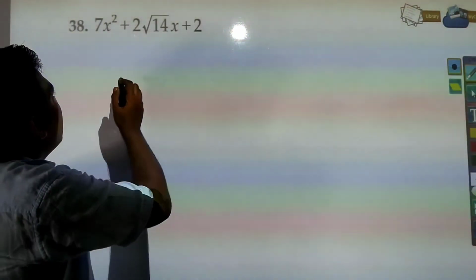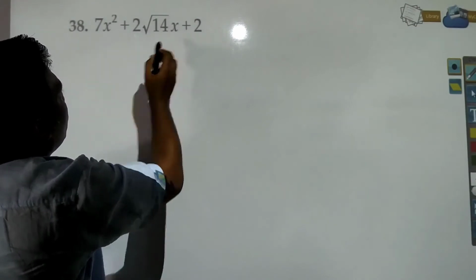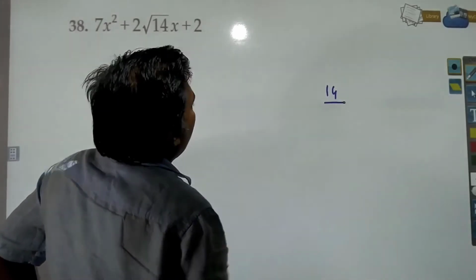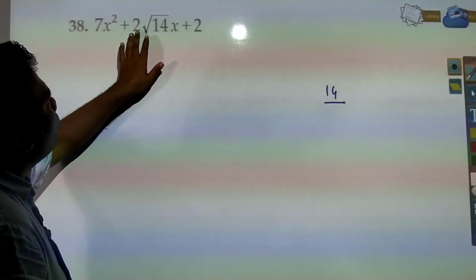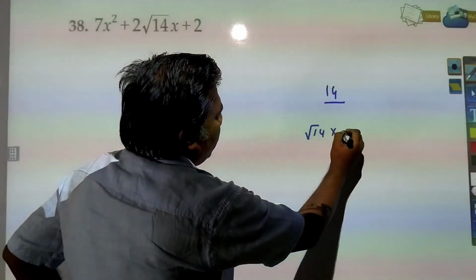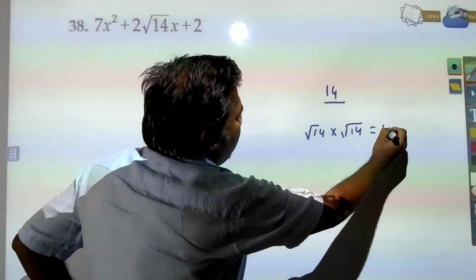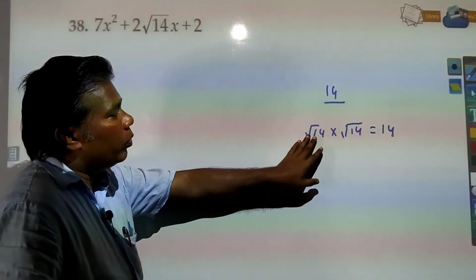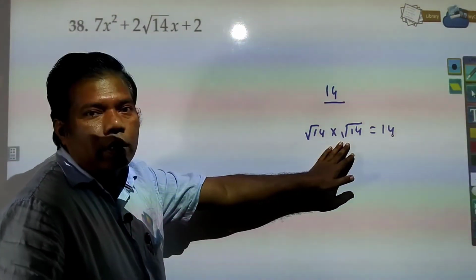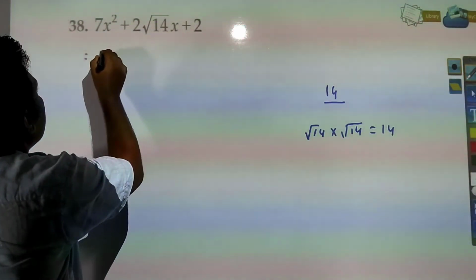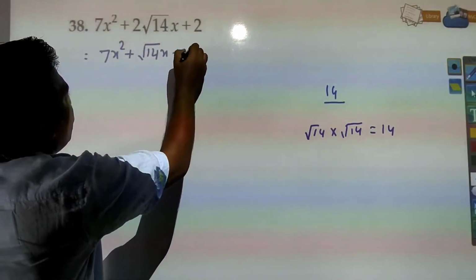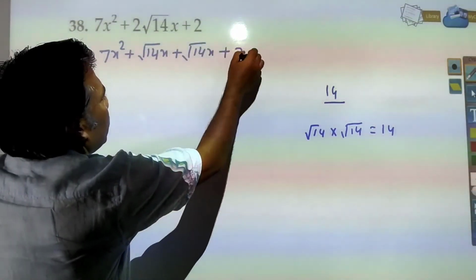similar question is there. Here you see 7 into 2, 7 2 is 14. 14 you have, and here you need 2 root 14x. So simply root 14 into root 14 we will do, product you will get 14, and if we are adding root 14 and root 14, what we will get? 2 root 14. So here it can be written as 7x square plus root 14x plus root 14x plus 2,